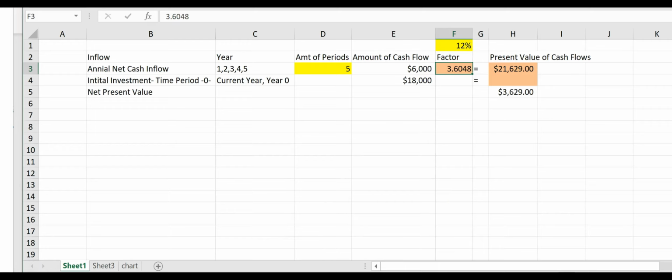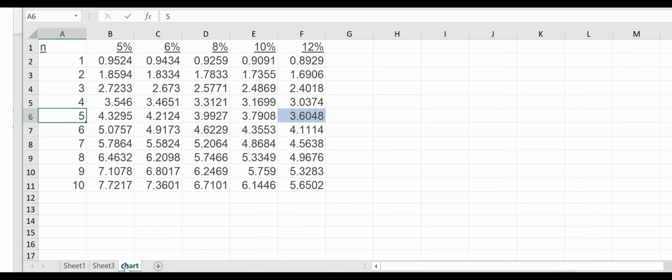And to be able to do that is going to make it much easier for us to compare investments. All right, so how do we tie the present value table to the spreadsheet so that when we want a 12% return in 5 periods, the factor pops up, but if we want a 10% return in 6 periods, the right factor would also pop up? How do we do that? So what we want to do is create a formula on Excel that will look up in the present value table the rate of return that we specified, and then tell it to find the present value factor in the row that corresponds to the number of periods